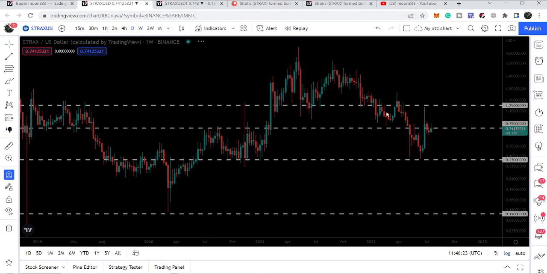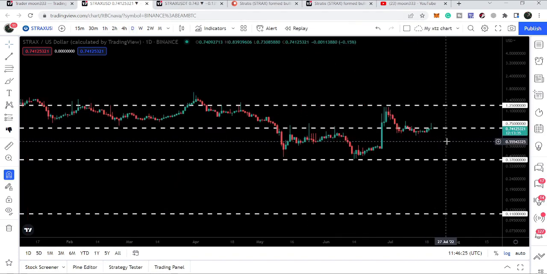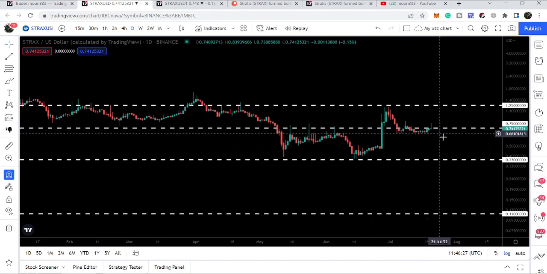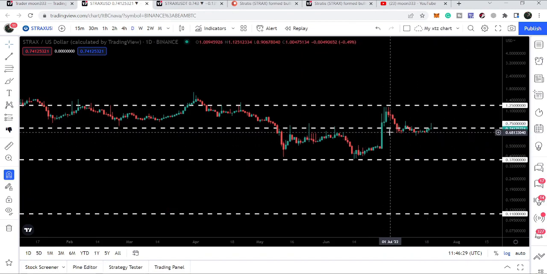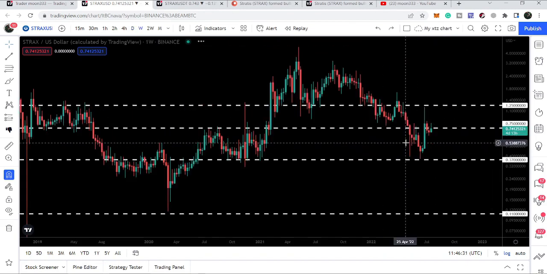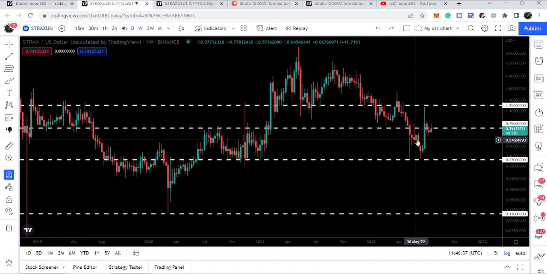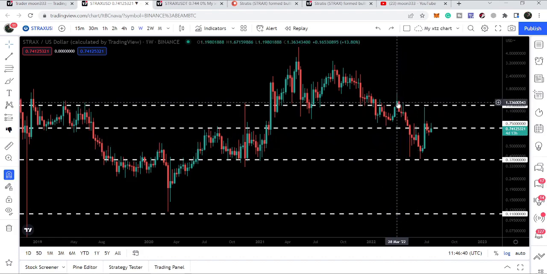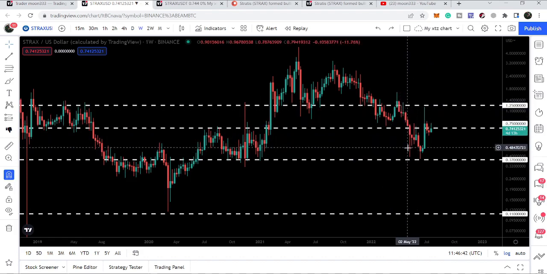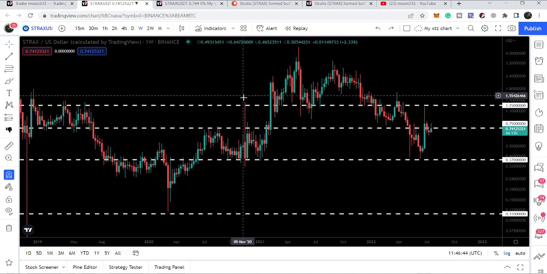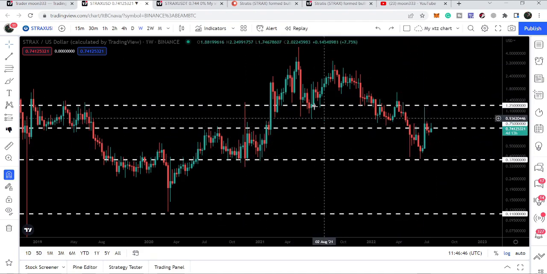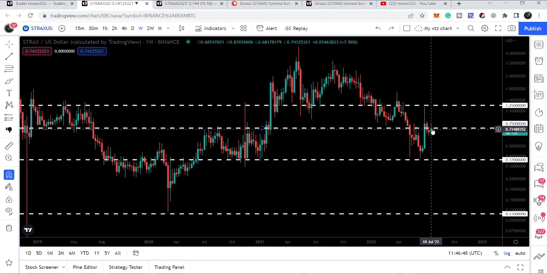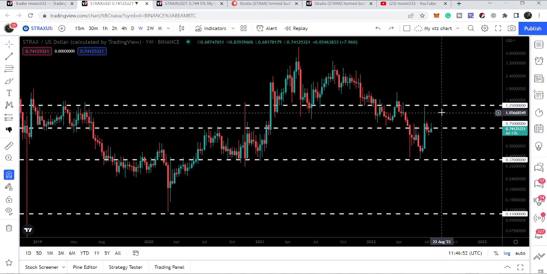Now, if we switch to the daily time frame, then you can see we are still moving slightly below this support, and it is possible that soon we will also break out. Sorry, not the support, this time it is working as a resistance, and soon it is possible that we may break out this resistance because we have already formed a double bottom here, like we formed a double bottom here, and we had a very big move. And after this correction, it is possible that we will have another move to break out the next resistance at